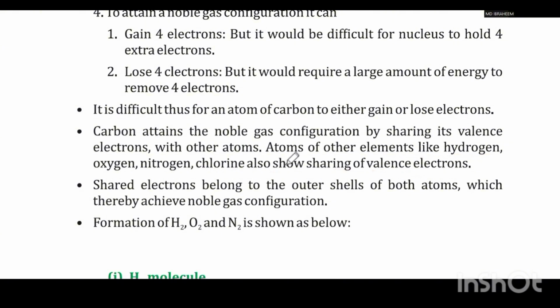It does not mean that only carbon will form the covalent bond. Many other elements like oxygen, nitrogen, chlorine, and hydrogen will form the covalent bond. In general, my dear student, non-metals form the covalent bond, while metals and non-metals form the ionic bond. Okay. Now we are moving upward and discuss